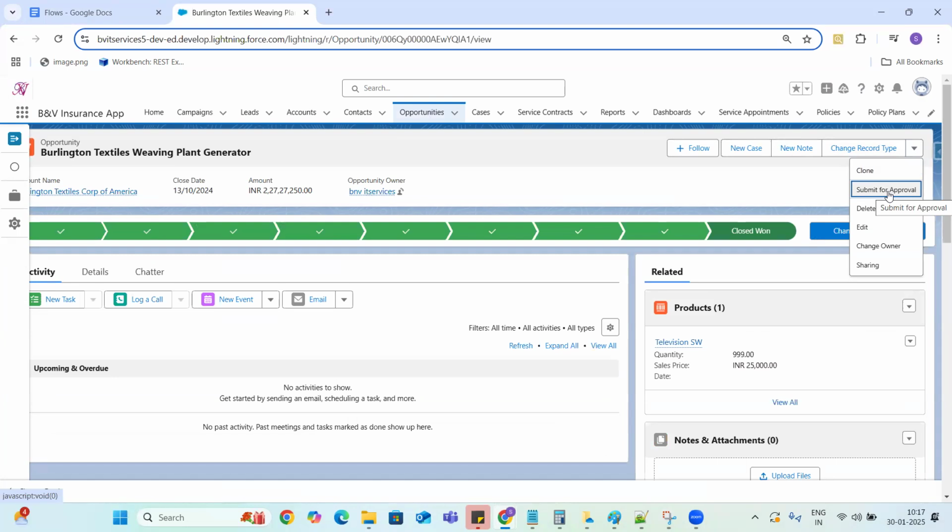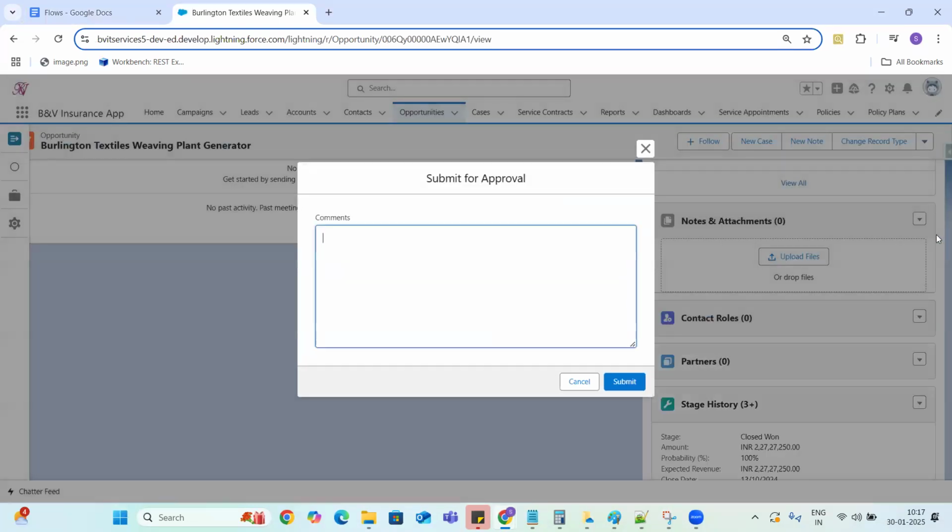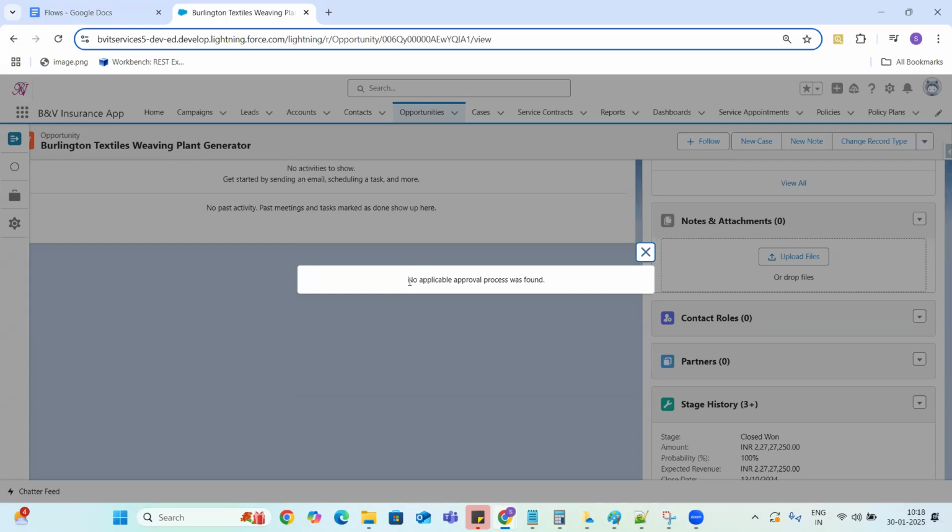Basically, what it will do is, when I click on this submit for approval button, and click on submit, it is saying no applicable approval process was found.